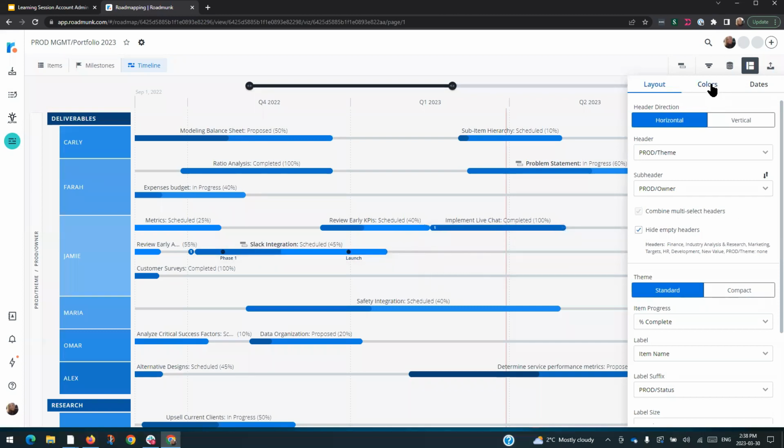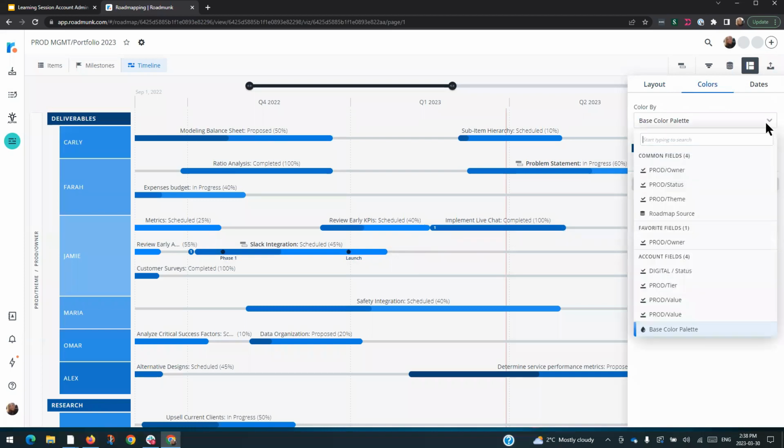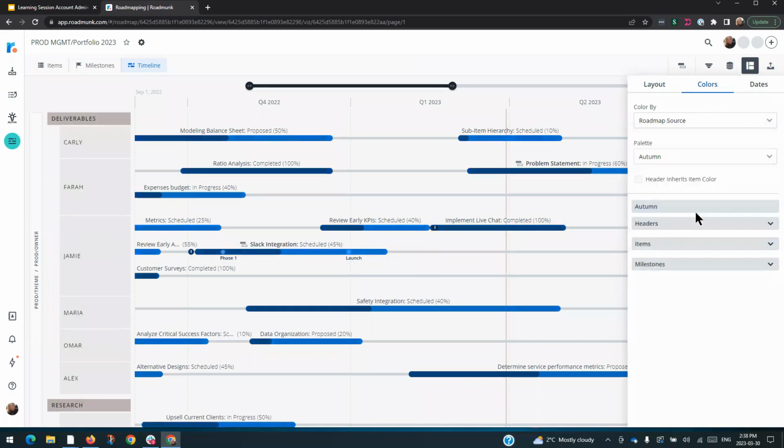Okay, when we go to the colors, this is where I was explaining. You can color by the roadmap source. You can color by your pivot points. So we're pivoting by owner and theme. If you wanted to do that, you can also color by the items, say the status of the item. So I'm going to color by the roadmap source, so I can give you an example of how it looks